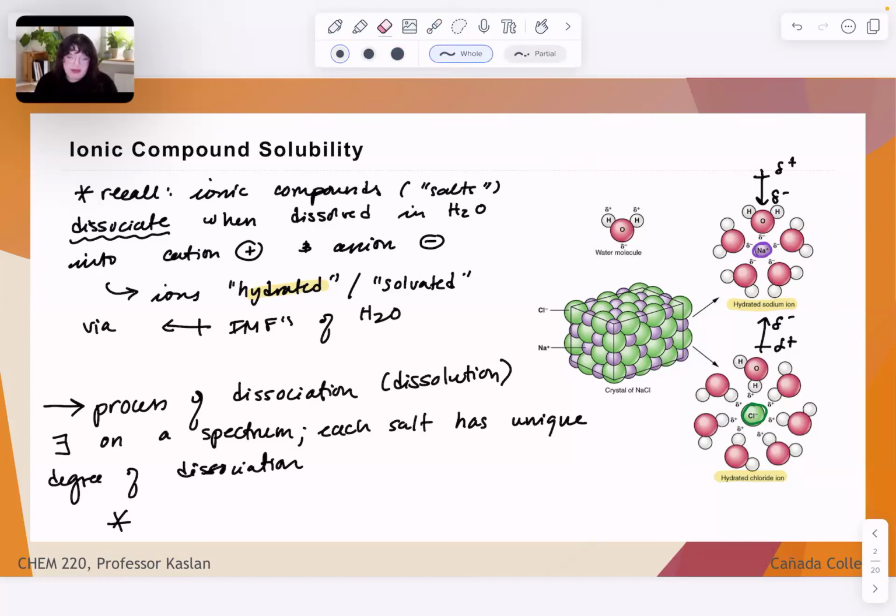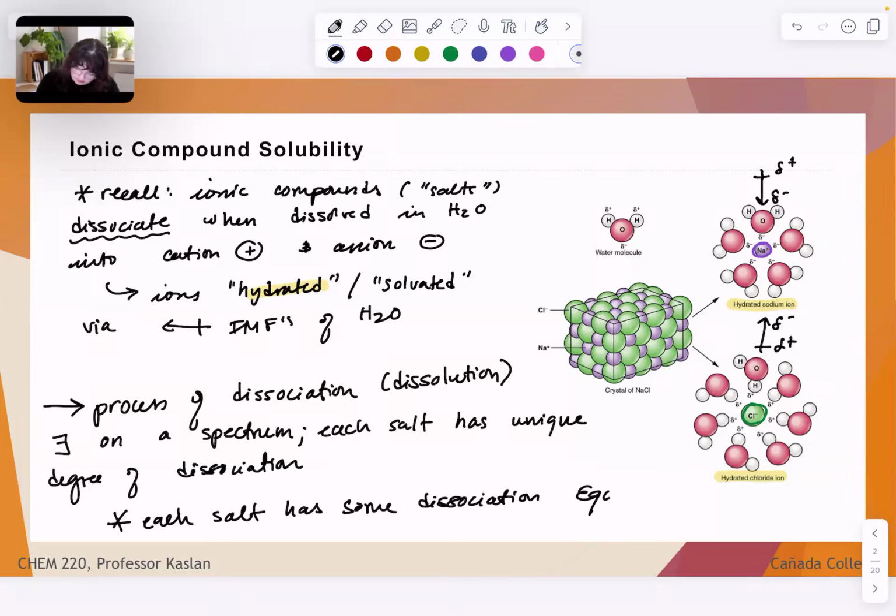We know innately that something like silver thiocyanate is less soluble, meaning it has a tendency to not be dissolved or hydrated or dissociated in water, than something like silver acetate. We describe this difference in innate dissociation as being the solubility of our salts. So each salt has a unique degree of dissociation, which means that each salt has some unique dissociation equilibrium